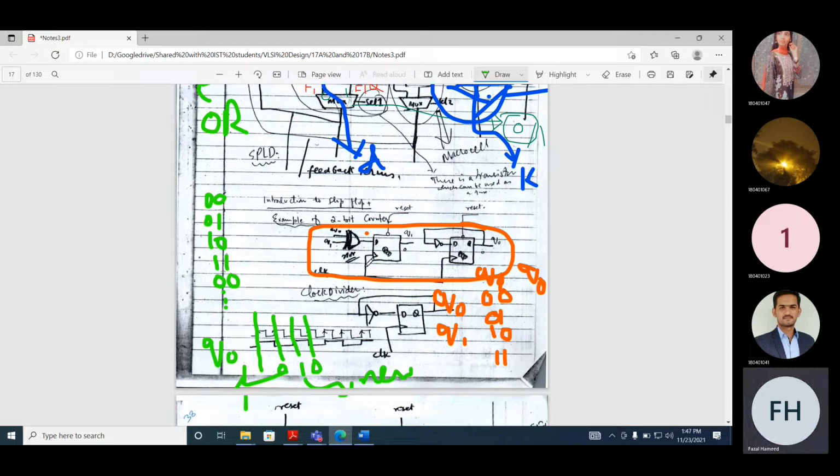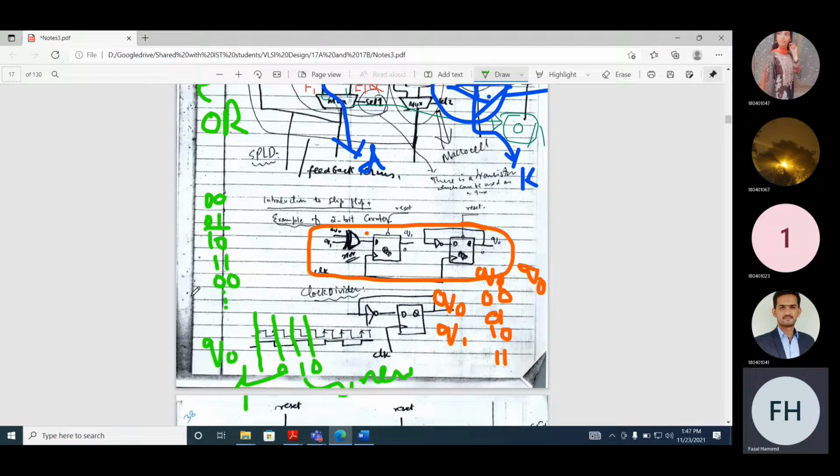We have used an exclusive OR of Q0 and Q1. Exclusive OR of Q0 and Q1. So if you have 0 0, 0 1, the previous value is 0 1. When it's 0 1, it will change. 0 0 is 0. 0 1 is 1. 1 0 is 1. 1 1 is 0.